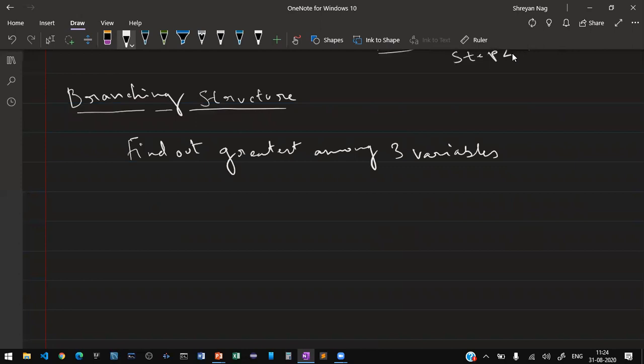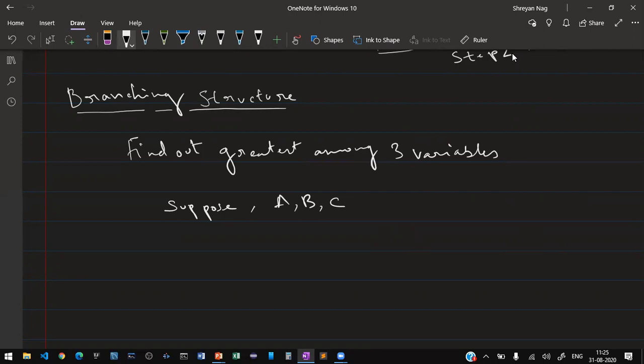Suppose the variables are a, b, and c. a may have 5, b may have 3, and c may have 2. That is why we call it a variable, because it depends on what kind of input the user gives into the variable.